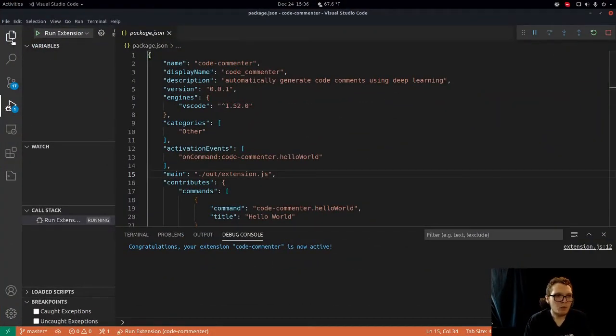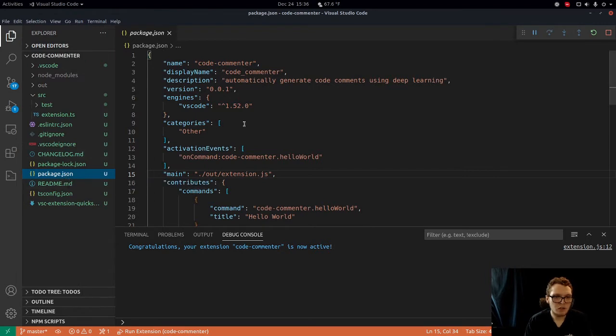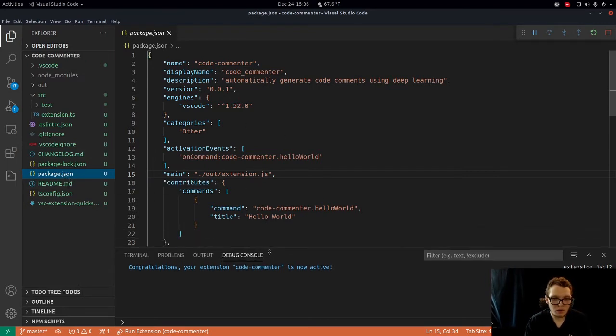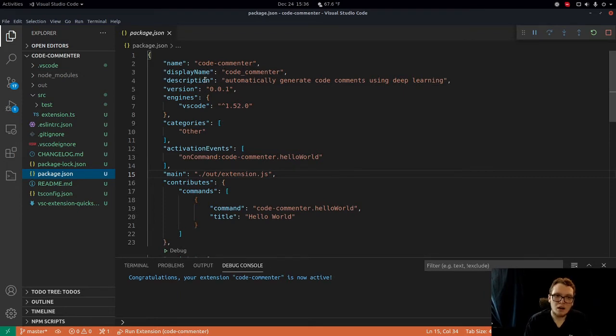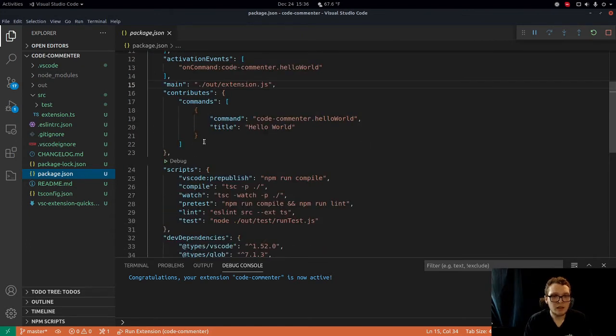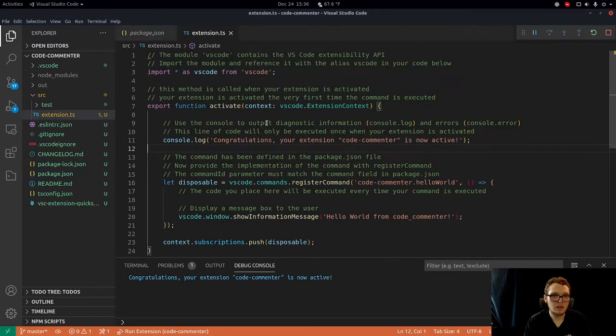So if we open up the package.json file, we can see that there are a couple important things such as the name of our extension, the description, the version, etc. The one that we care about is this contributes one. So we can see here it has a commands section, where the command is a particular entry point into the actual source code. You can see it is actually here,